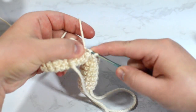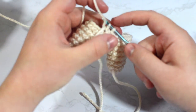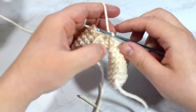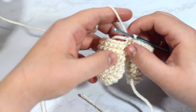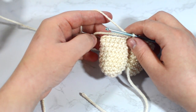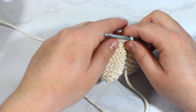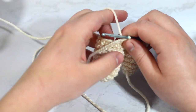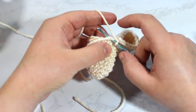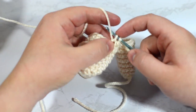I like to keep the tail underneath my stitches and crochet with my tail. Oh, I split my yarn. There we go. And crochet with my tail as a part of the piece. I do that until I've reached the corner here, and then I like that just being my stitch marker because that's where my stitches start, like my rows start. So I'm going to go and single crochet around all of the 15